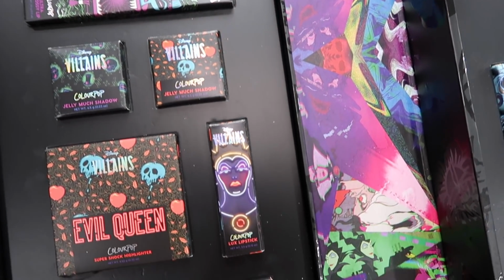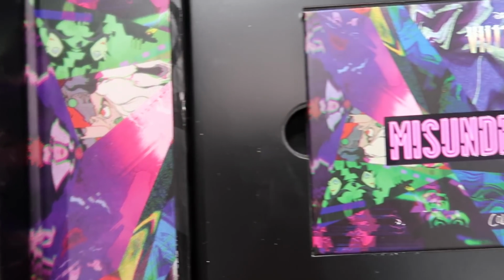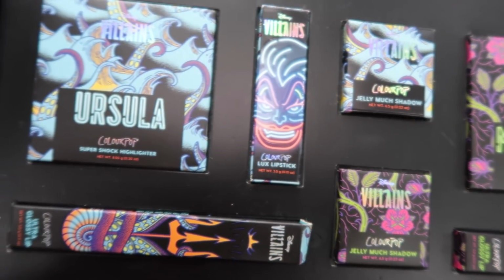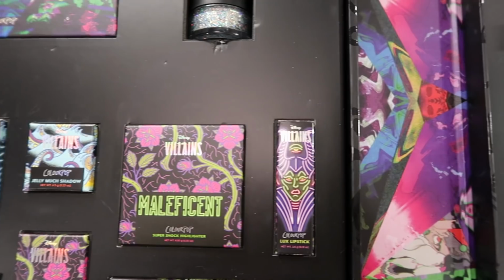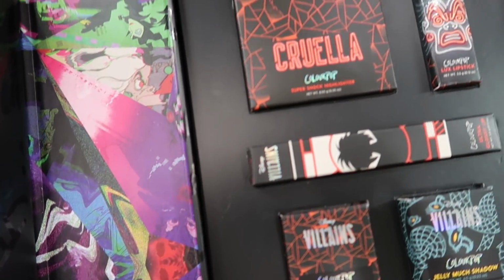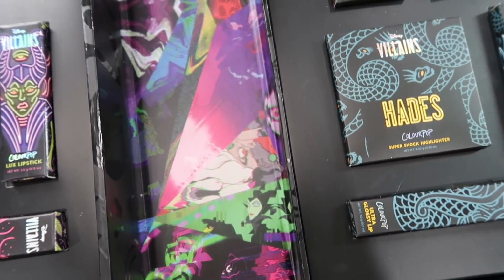So much thought went into this packaging. Like, oh my gosh, this looks so cool with the neon signs, the way that it's designed, the way that it's drawn. This is so incredibly cool, and it kind of gives me Hot Topic vibes, but in all the right ways. You know what I mean? I really love it. There were only 2 things I noticed that I wasn't crazy about, and both of the items are in the Hades collection. But besides those that I will mention, I truly love everything, especially, well, I might as well get started here,